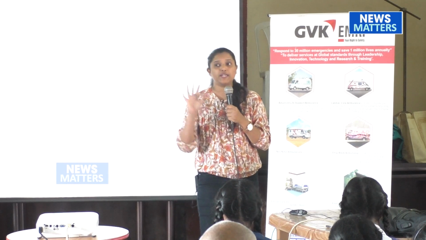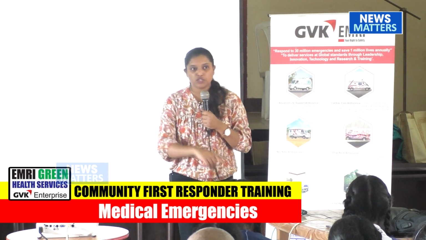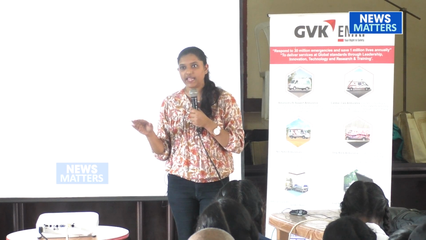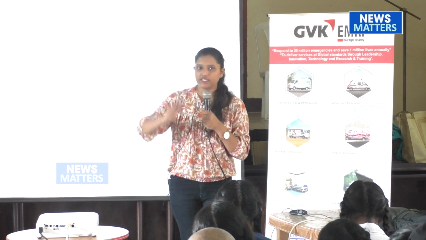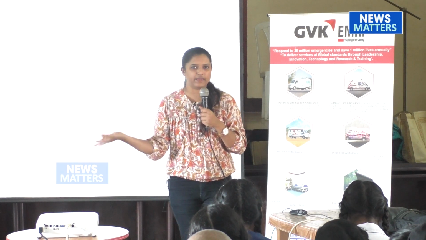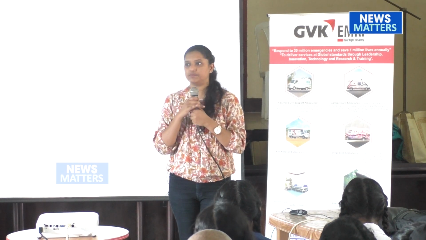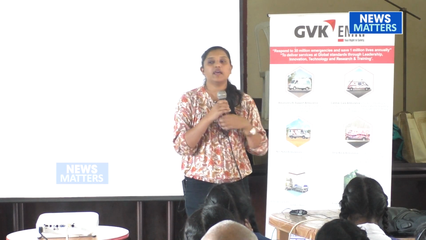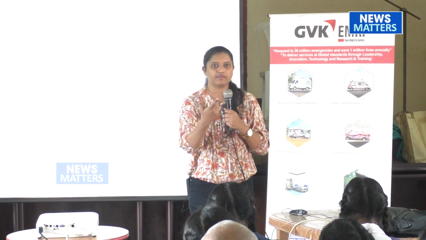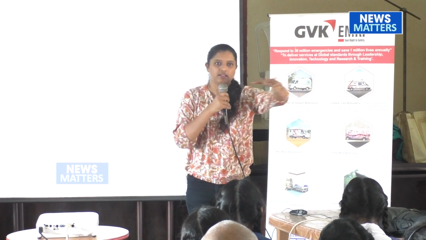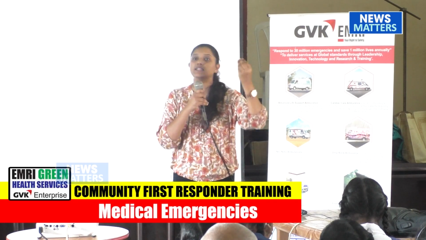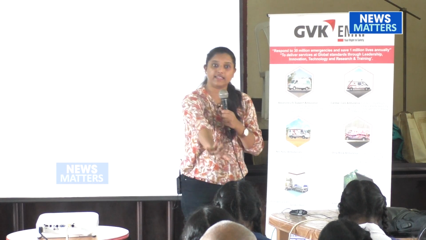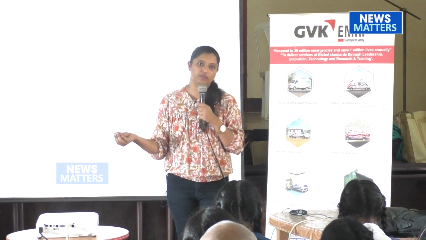Normal breathing rate is 12 to 20 breaths per minute. So in one minute, 12 to 20 is the range for a normal adult at rest. Within one minute, we count how many chest rise and fall happen. That's how we calculate, basic. If this breathing rate increases for some reason, that is abnormal. But if the patient is running due to sports, that is normal because the breathing rate has increased due to the sport and will settle down. But without doing anything, at rest, if you are having breathing difficulty, that is a problem.